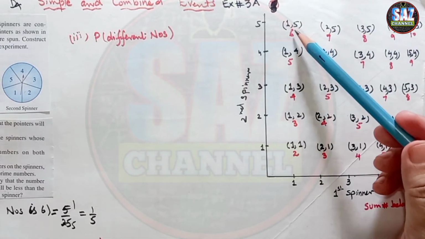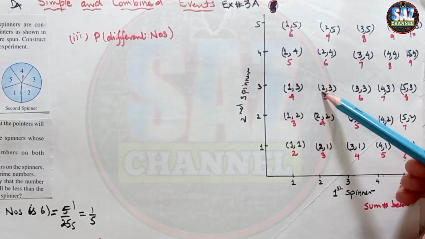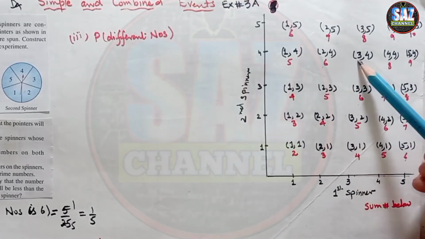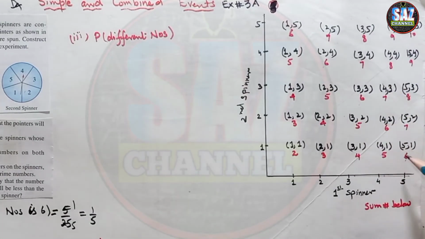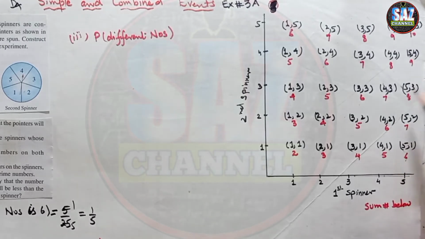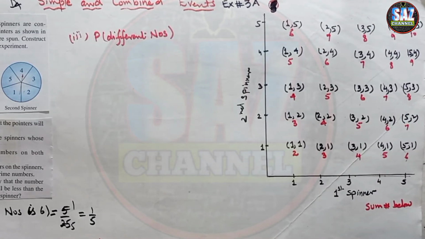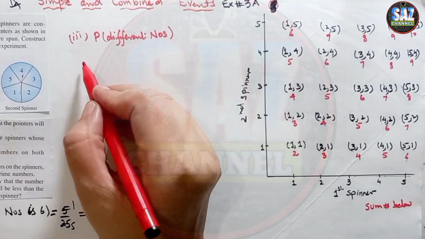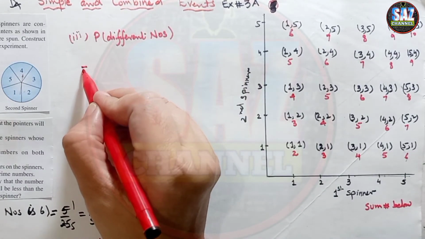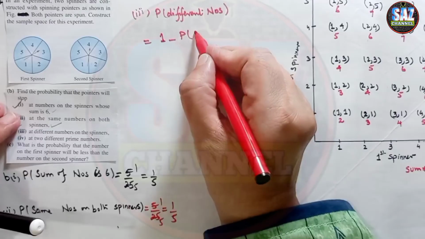We can count them as well, 1 2 3 4 and then 5 6 7 8 9 10 11 12, 13 14 15 16 17 18 19 and 20. Those students who find difficulty in doing it with formula, they can simply count them. Otherwise, I will suggest to my students that always apply the new concepts and techniques in your working, that probability of different numbers will be equal to 1 minus probability of same numbers,